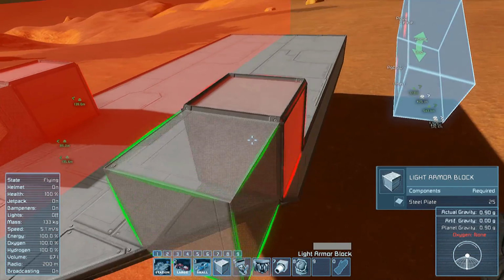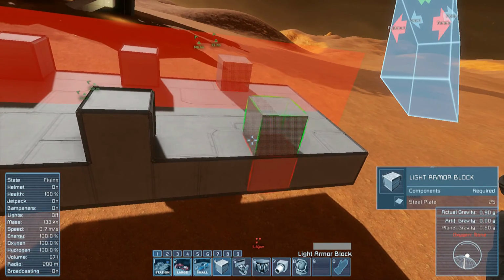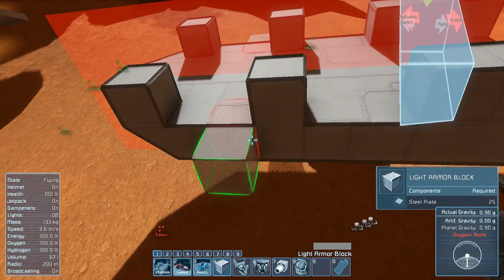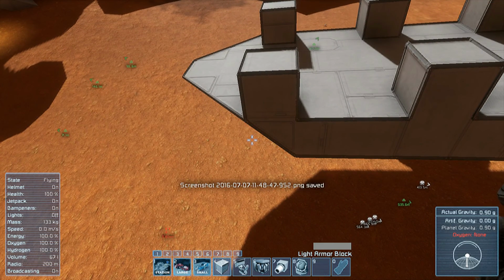Once you got that up, you can go ahead and start piecing the rest of it together. I'm going to put windows right there because I like windows. Also, with my ship that we built, we put a hangar on the back end of it, and I do plan on putting a hangar on this ship. So, yeah, we're good. This is going to be a pretty decent...